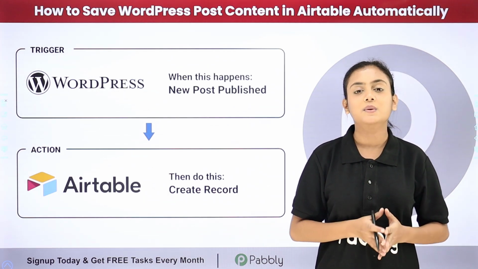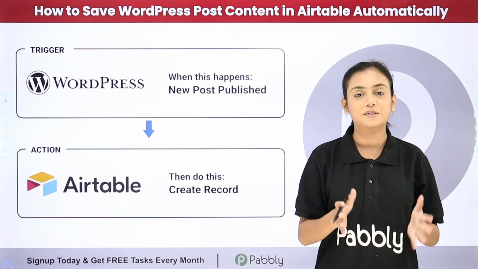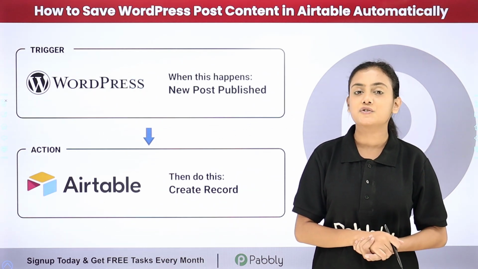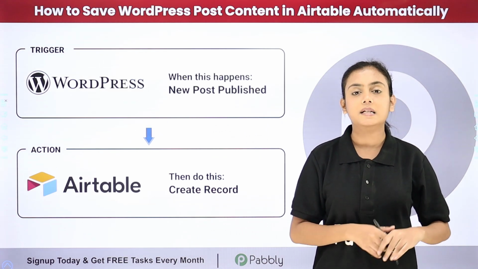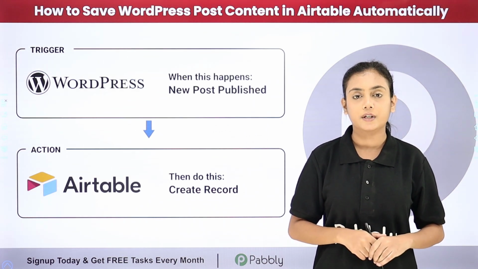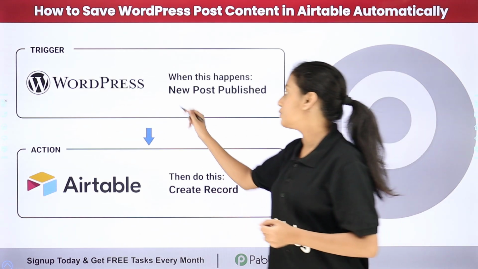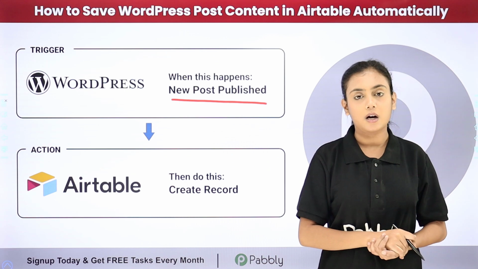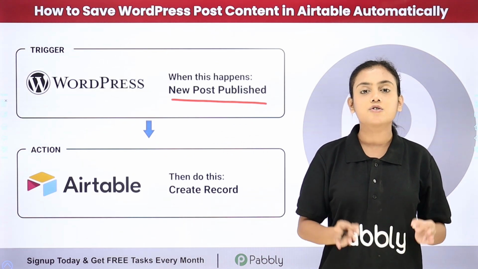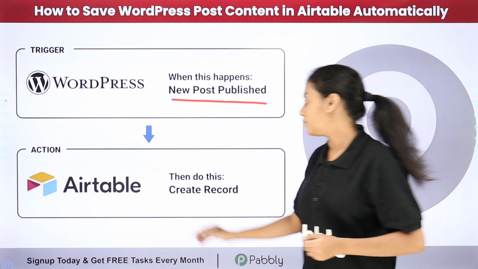Now doing this manually takes a lot of time. So what I did was I simply created an automation using Pabbly Connect, which is an amazing automation and integration software. So here in this automation what we are going to learn is that as soon as I publish a new post on my WordPress account related to my business, automatically the record of that content, the post,